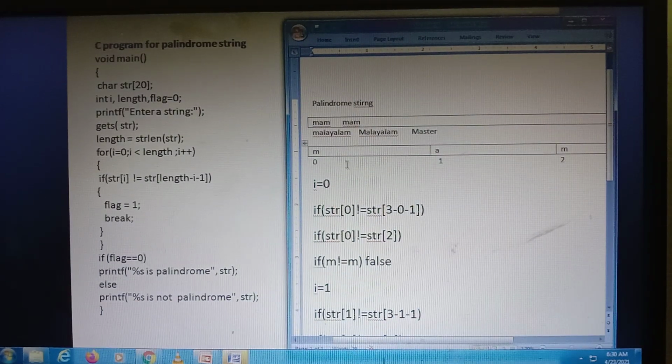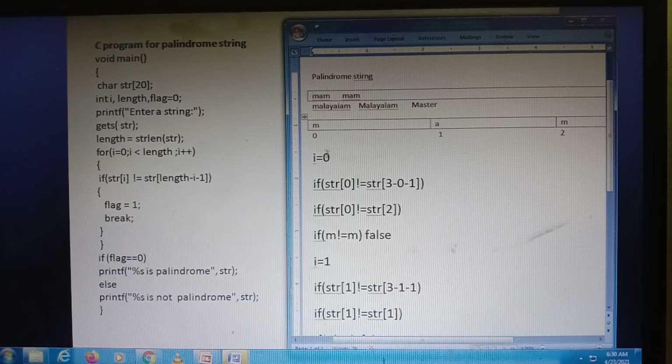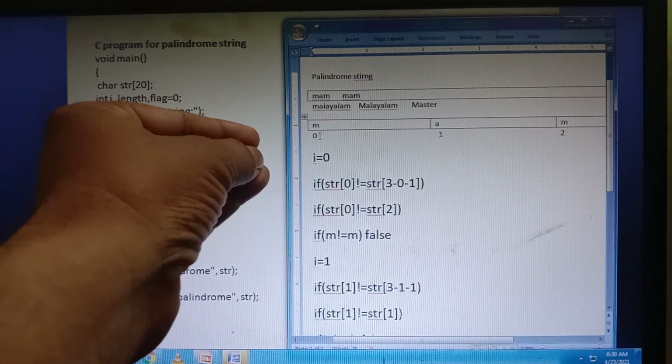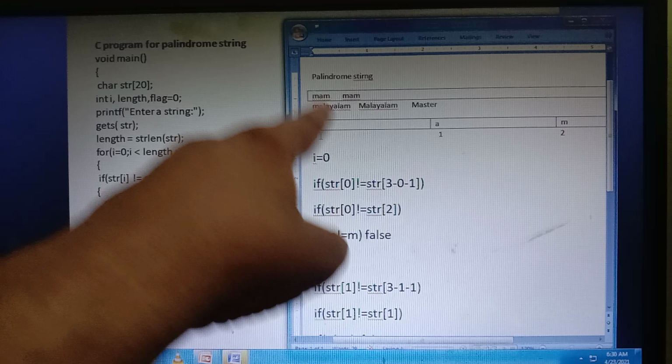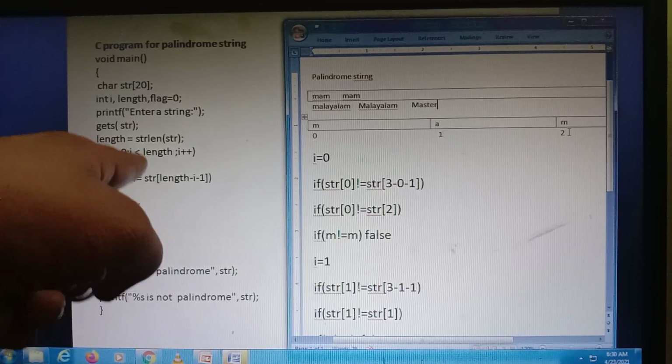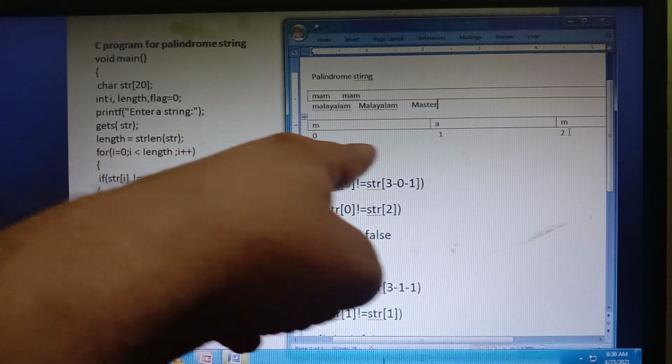So here, mam, once again I am repeating all the steps. What is mam? First I am taking the string str, but for simplicity I am taking this very simple string mam. m is stored at the 0th location, a is stored at the first location, m is stored at the second location. So I am verifying whether it is a palindrome or not based on the palindrome condition. So mam, 0 1 2.